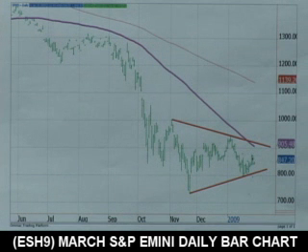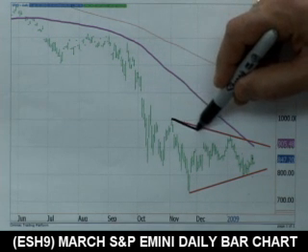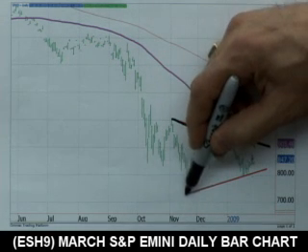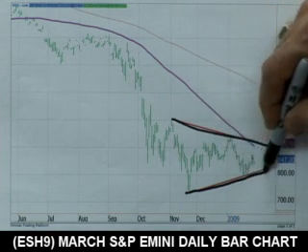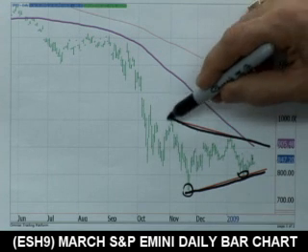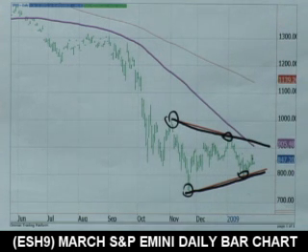Okay, traders, what we are looking at now is the S&P March daily bar. Once again, each green line represents 1 day's trading in the S&P. Traders, we are in this wedge formation. Obviously, you can see that, right? Very easy to see it. It connects to bottoms here, connects to bottoms here, connects to a top, top. Okay, so we have that formation.